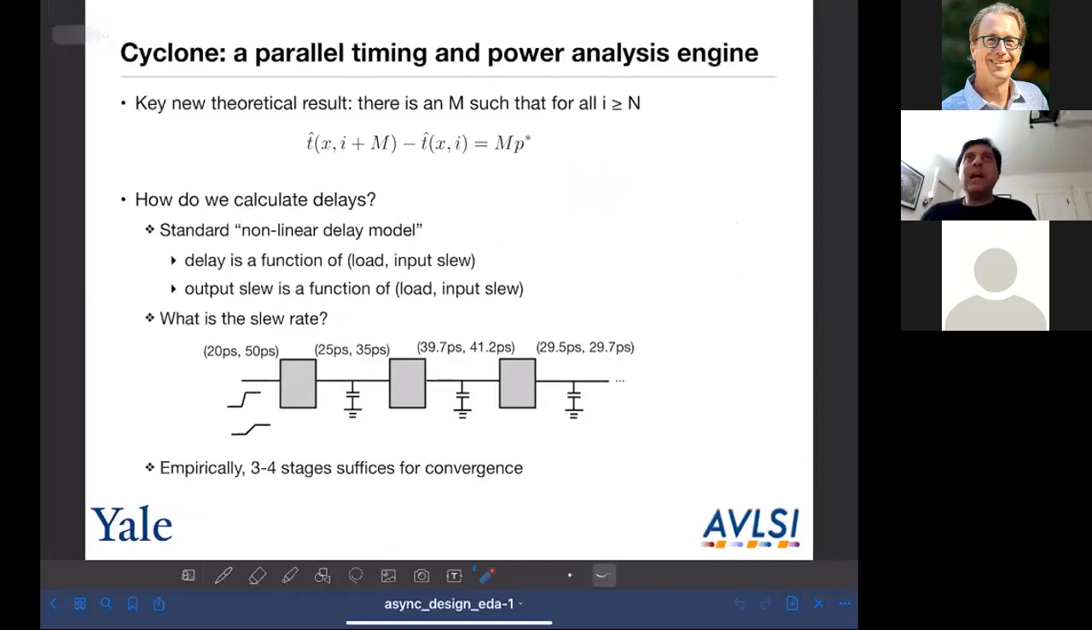So we built a timing analysis, but remember, we want to build a timing analysis engine that tells you when everything occurs so that you can calculate timing constraints and when things can occur. So this approximation isn't good enough. So we actually made a theoretical advance, and what we showed was that